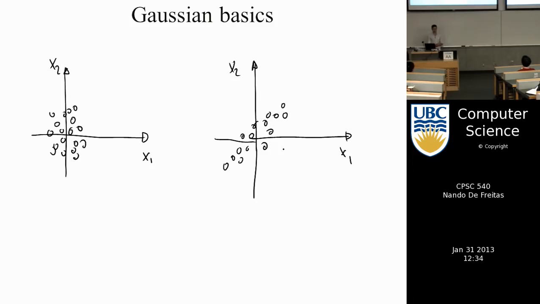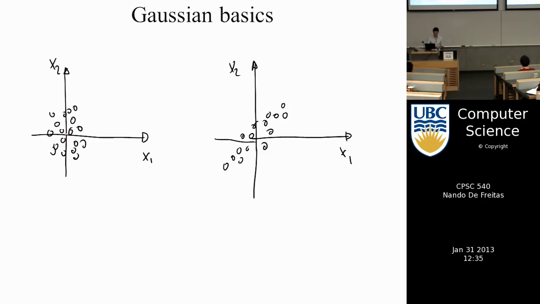Now, when we use multivariate Gaussians, we will essentially fit Gaussians to the data. The process of learning, in either the case on the left or the case on the right, is the process of fitting a Gaussian to those points. And hopefully that Gaussian describes those points. So for example,